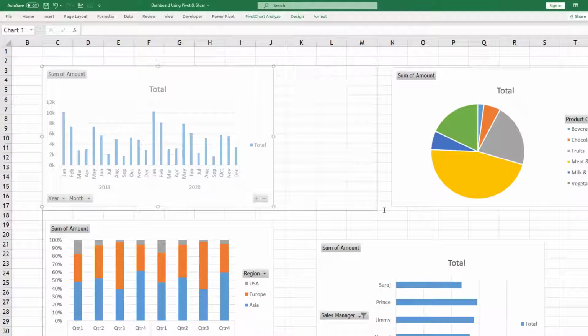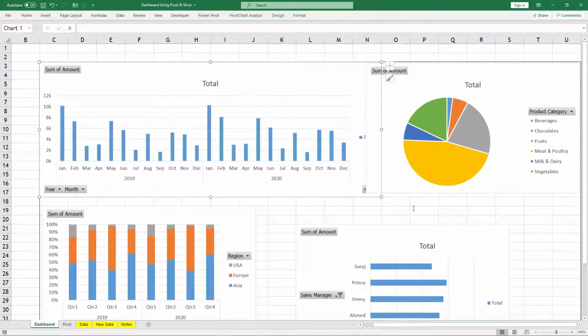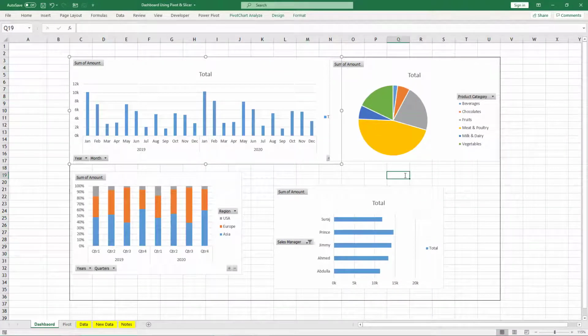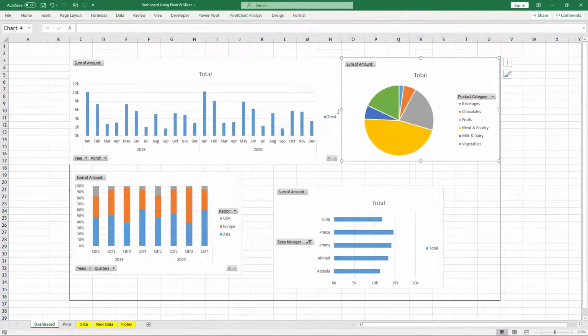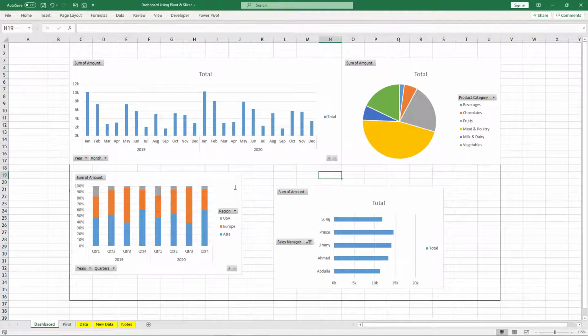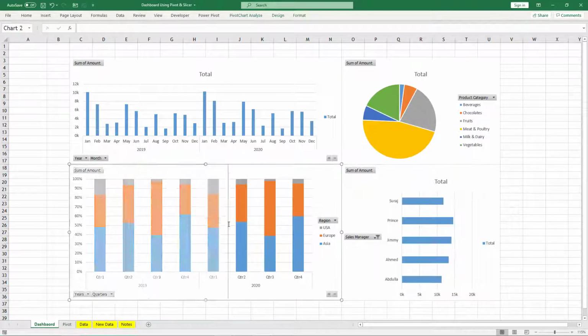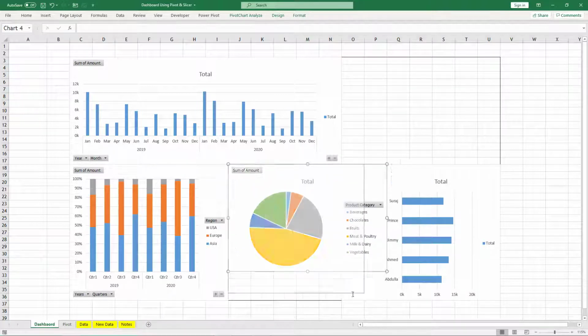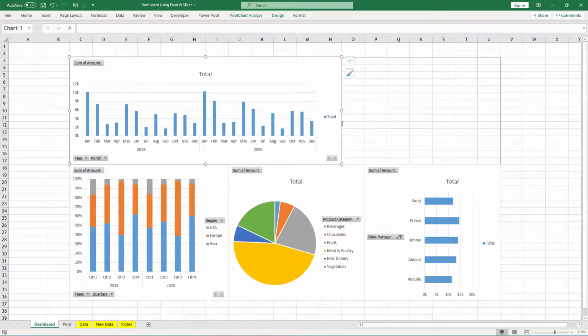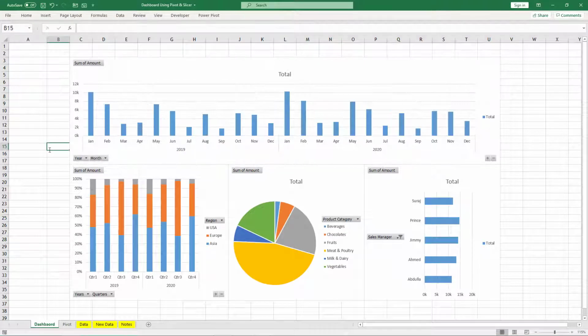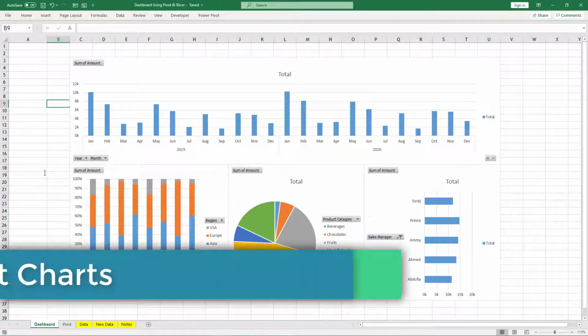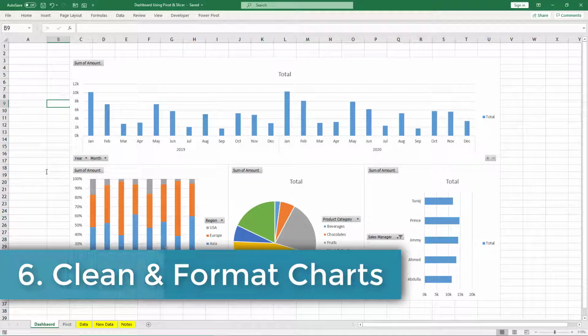I will have it maybe up to here. I will reduce the size so that I can see all the borders properly. Okay. So you decide how you would like to split that total area. Now next step is, and keep saving the file because after all it is Excel, it can crash anytime.